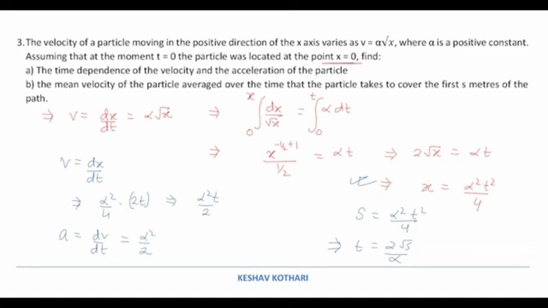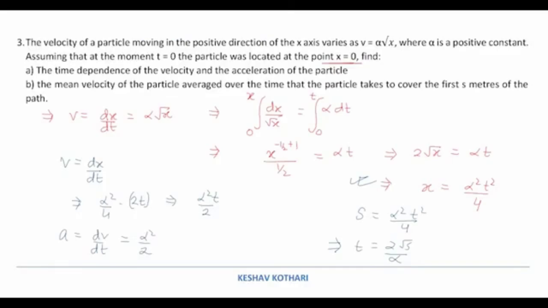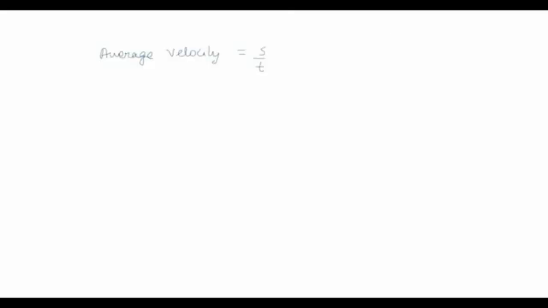And hence if I write the value for average speed or average velocity, then I can write it as the total displacement by time taken. We have calculated the time taken as 2 root s upon alpha. So if we substitute the value of time over here, 2 root s upon alpha, we get something like this: alpha root s by 2. So the average value of velocity will become